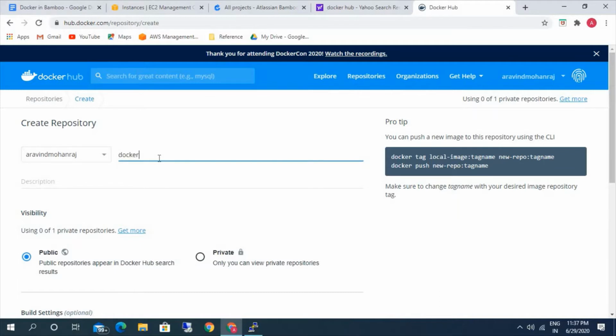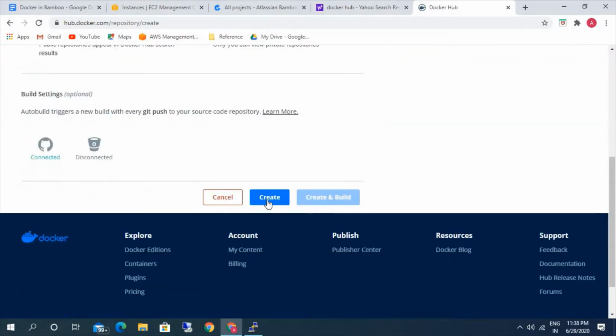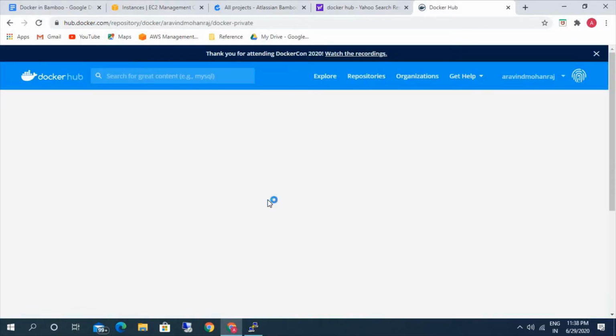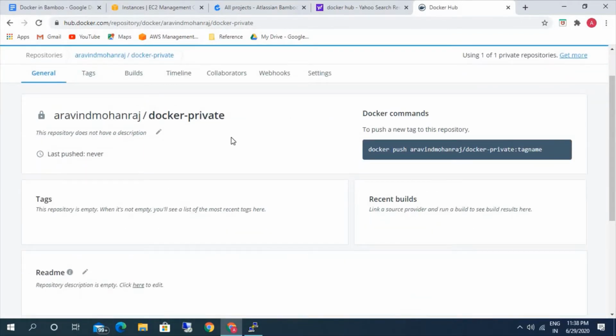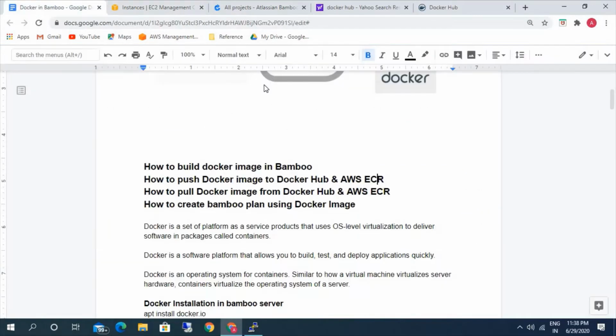Let's keep it docker-private. Okay, I've successfully created a repository in Docker Hub. The same way we have to do it for ECR as well. Let's first complete Docker Hub.